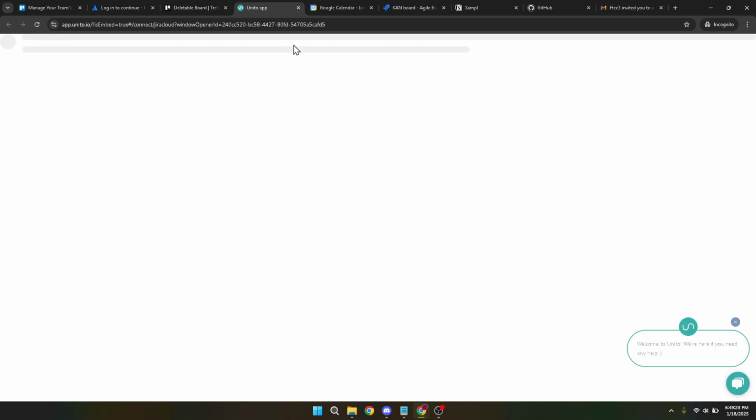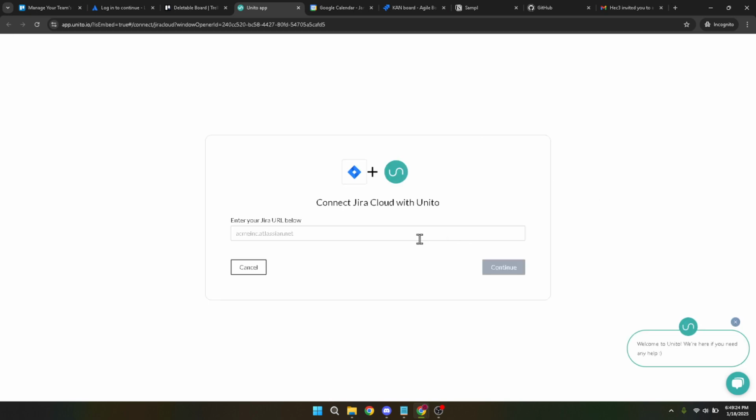And just like that, you've successfully integrated Trello with Jira. This integration not only enhances collaboration, but also streamlines your project